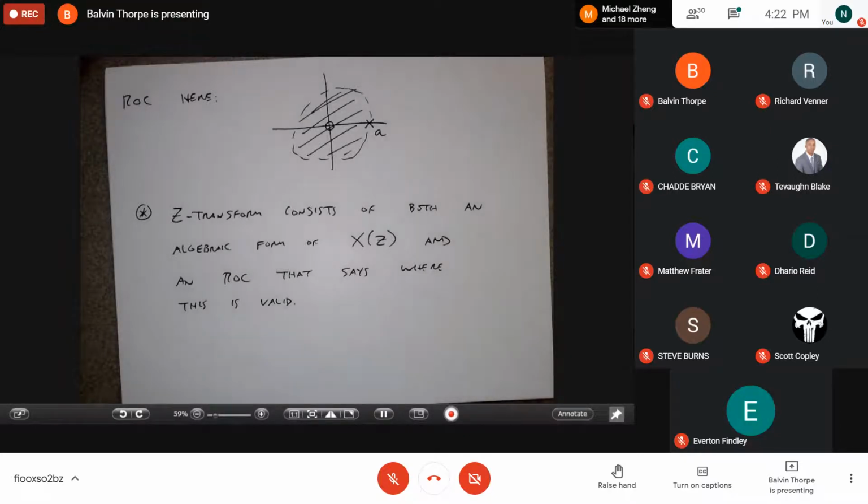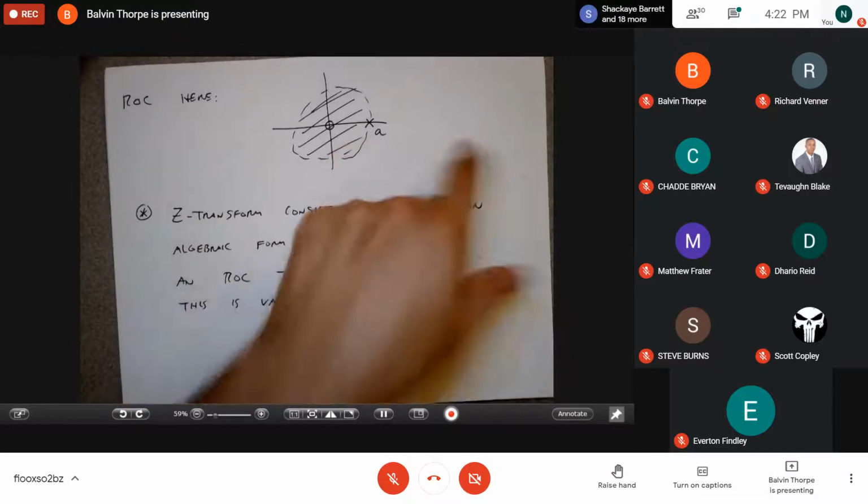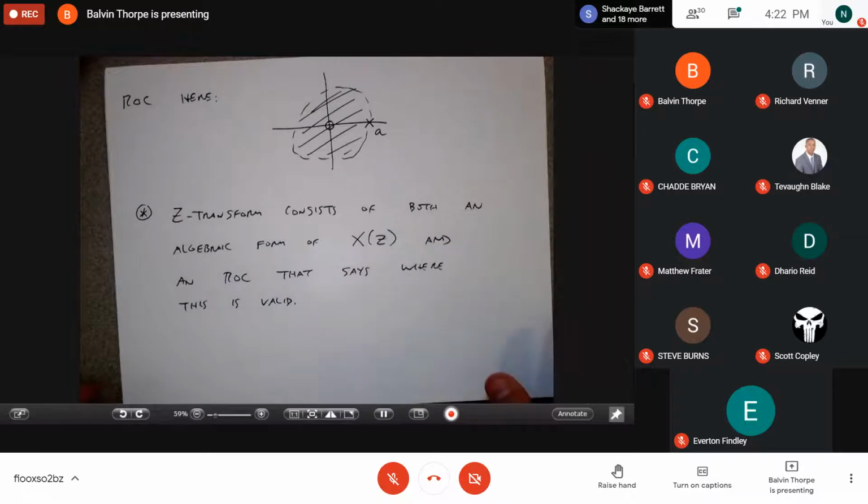Now, it's fair to say that in a lot of the problems that we do, we're going to deal with right-sided signals. So maybe what I may say in some future problems is something like, here is this function of Z, and it's a right-sided signal. As you'll see, that pins down what the ROC is. And so that means I don't necessarily have to tell you exactly what the ROC is. I just have to tell you, am I looking for a right-sided signal or a left-sided signal? And that distinguishes between this and the sunburst pattern. Okay. So questions or comments?